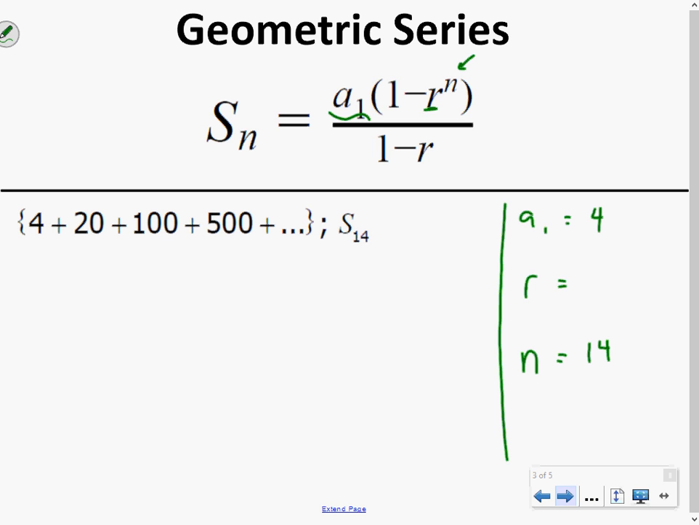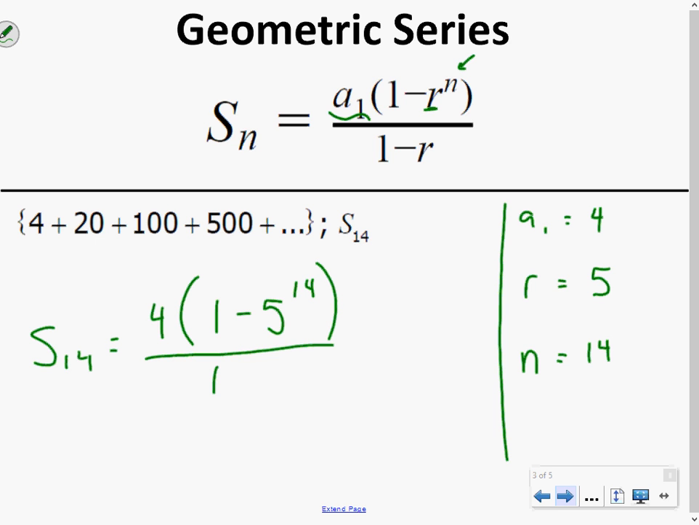Now again here, you can see we're going from 4 to 20, 20 to 100, 100 to 500. We are multiplying by 5 each time, so that constant ratio is going to be 5. So let's go ahead and calculate our sum. All right, S14 is going to be equal to 4 times 1 minus 5 to the 14th power, all divided